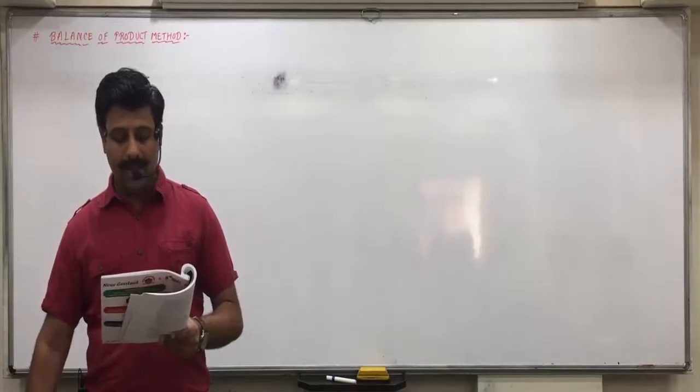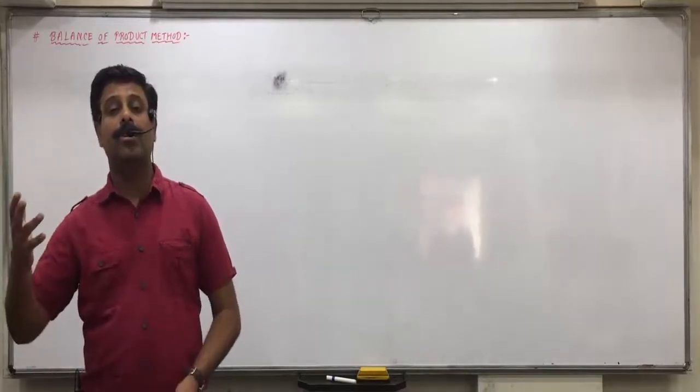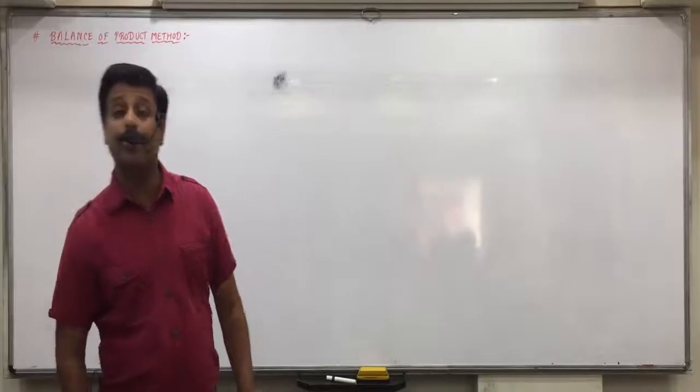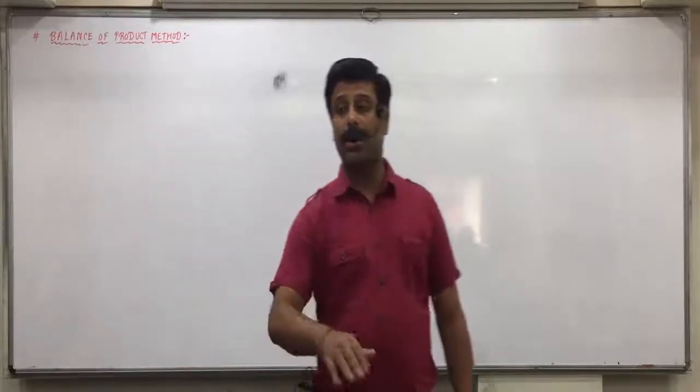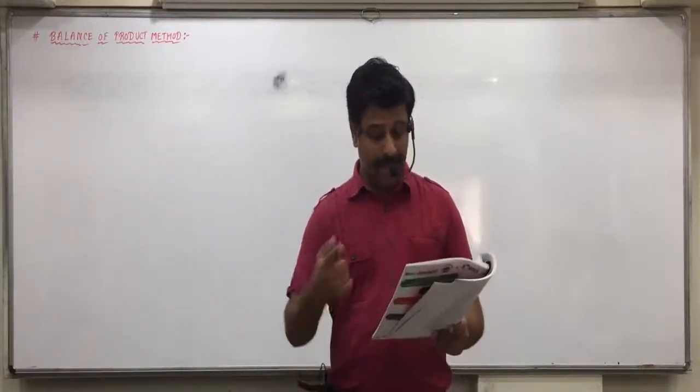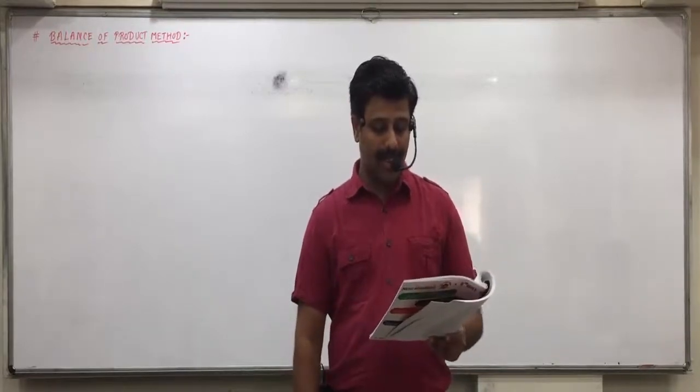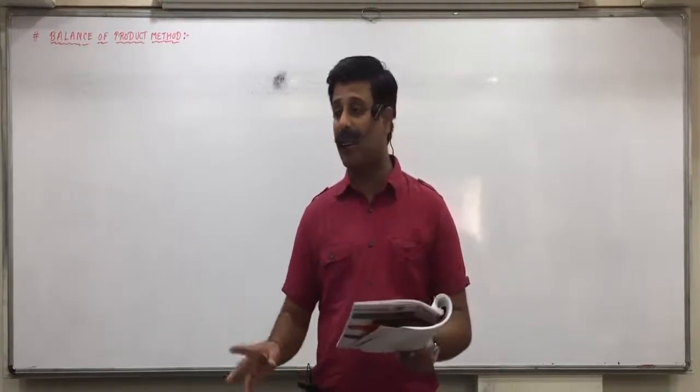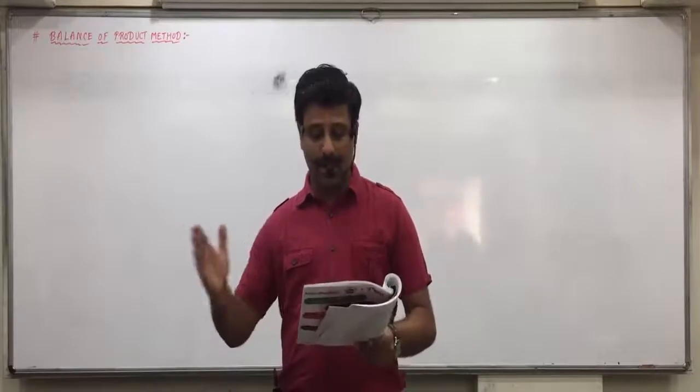Write down the heading of the account just as in the previous method. So if A renders account to B, what heading would you give? B account current with A. Now see the columns: date, particulars, due date, days, amount, and then the last column, instead of interest, becomes product. And on the credit side also the same columns.